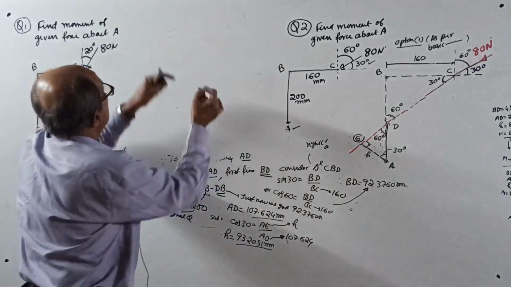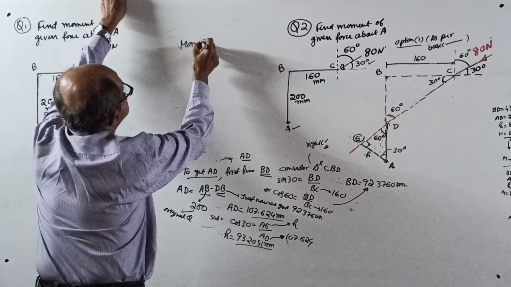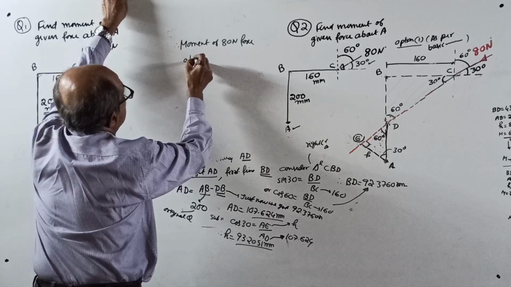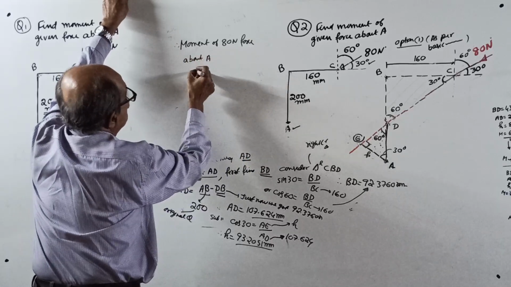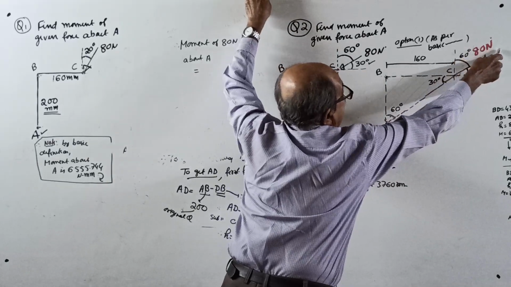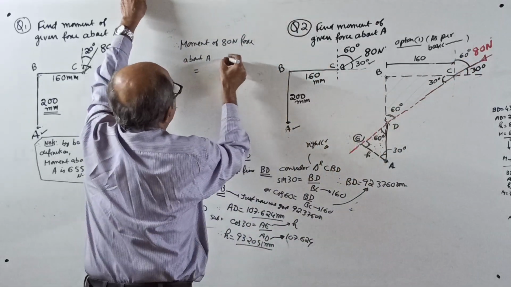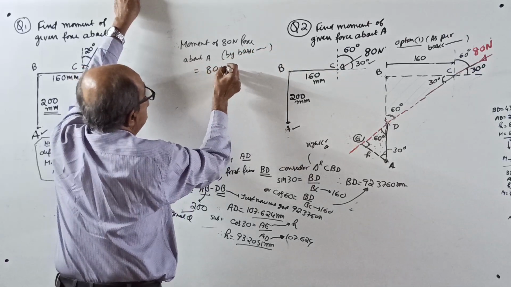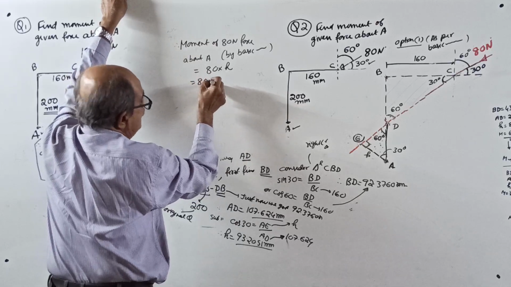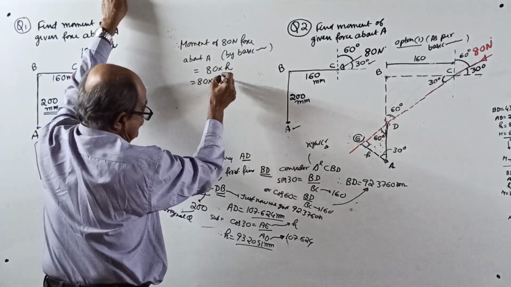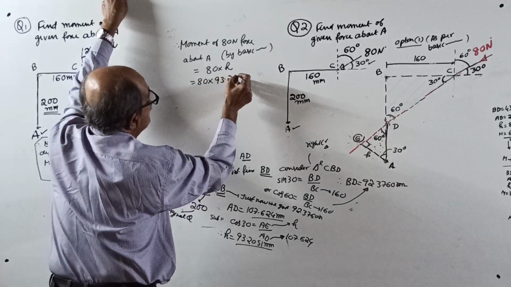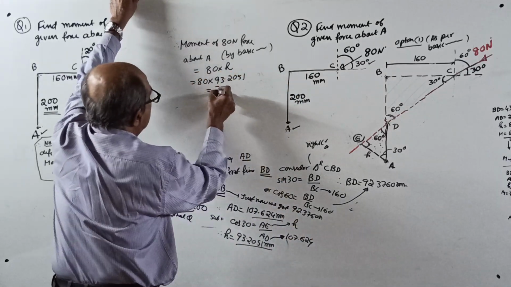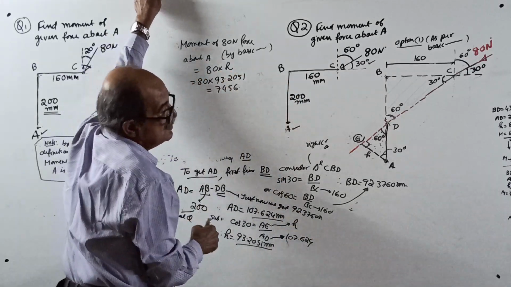Therefore, the moment of the 80 Newton force about A equals 80 into H, by basic definition, which is 80 into 93.2051, equal to 7456.406